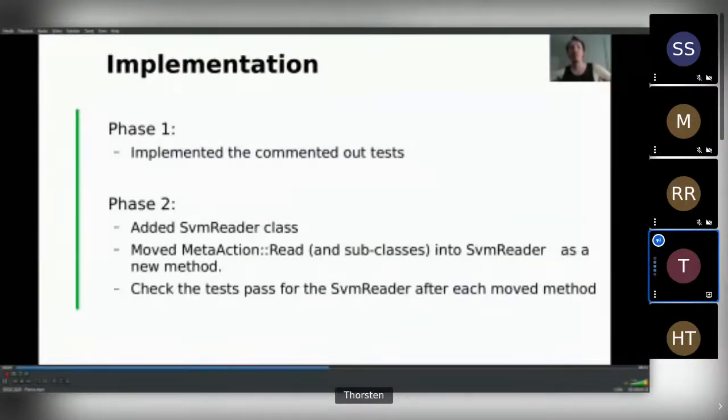And in phase 2, he added an SVM reader class and started moving all meta actions,